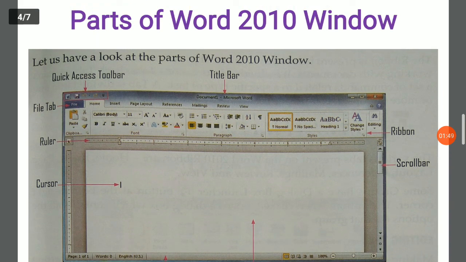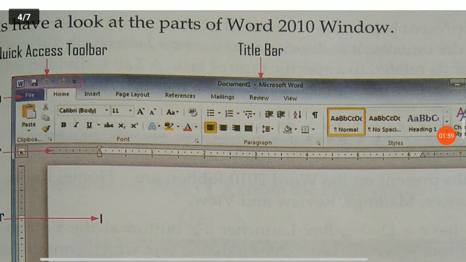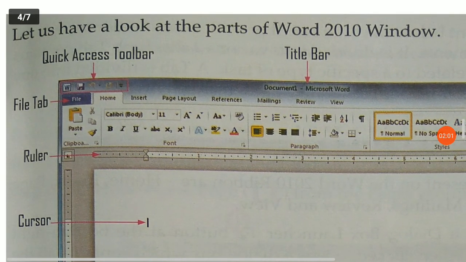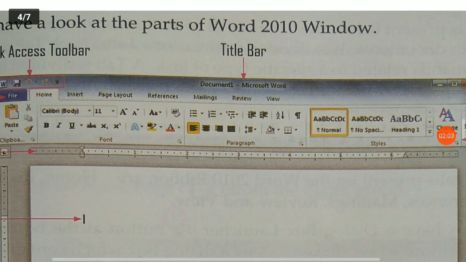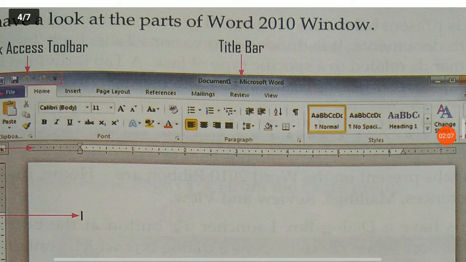Parts of Word 2010 window. You can see over here, at the top of the MS Word window, title bar is there.